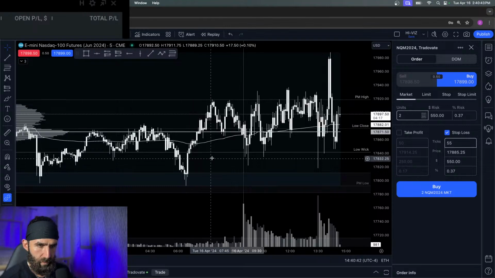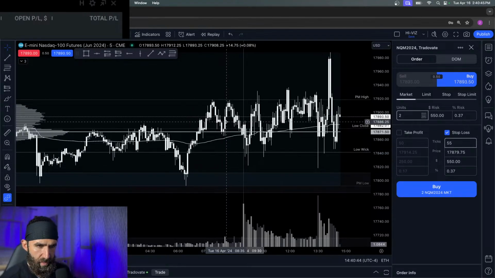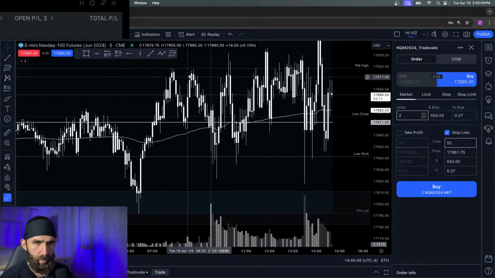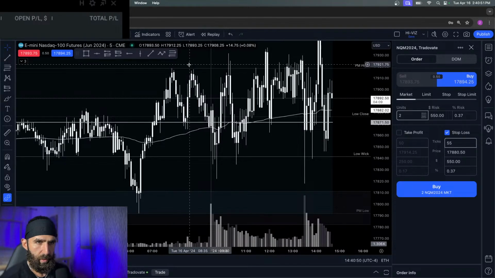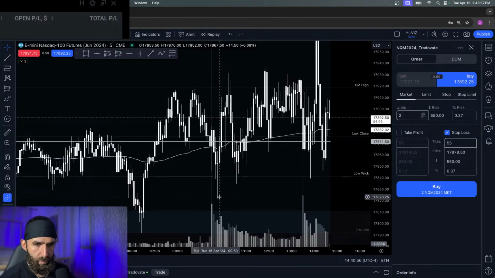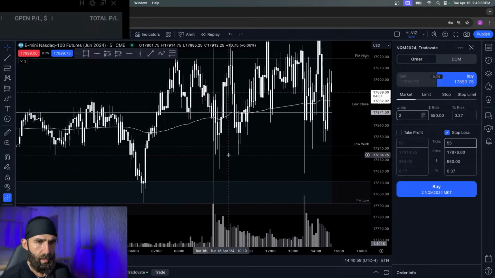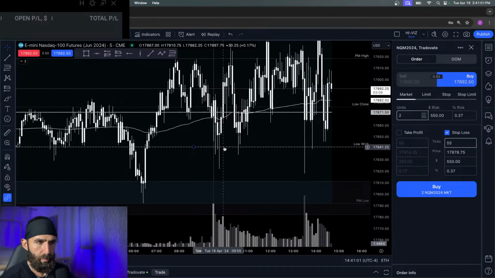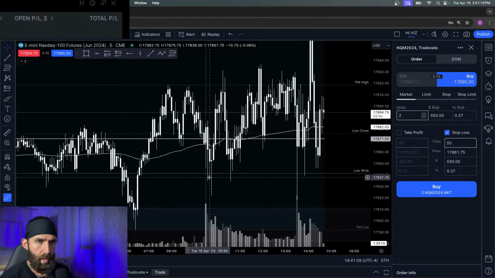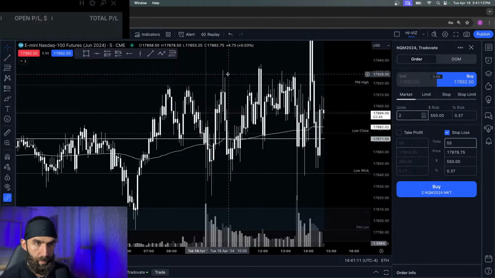So I think we had something at 8:30. Maybe there was some news at 8:30, but a little bit of a double top was put in here. This was the pre-market high. You could see at 9:30 it was trending down, chopped around a little bit, and looked like it was going to make a move towards the downside. It came below the prior day low. This is the prior day low, and this is the prior day close, so this was a level I was watching. It didn't come all the way down to the pre-market low. It came back up and broke above.